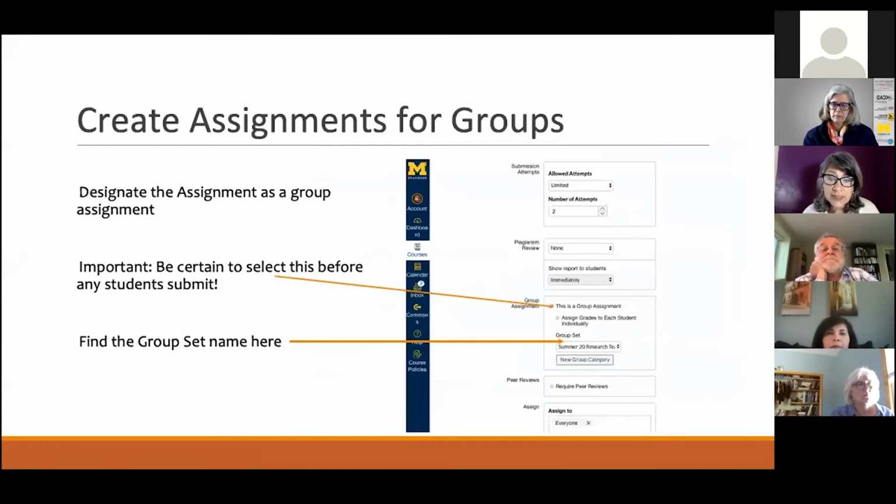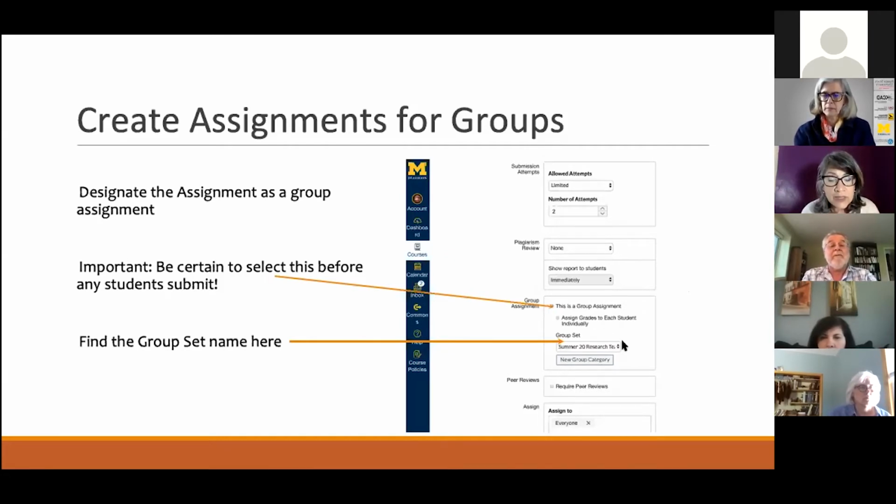I've created the assignment, but at the bottom of the assignment page in the edit view, what you want to make, and this is so important, I don't know how to stress this enough. At the University of Michigan-Dearborn, the Canvas default is that it is not a group assignment, but it will show a group set. And the default set for us is project groups. That's the name of the default set. You must tell Canvas that this assignment is going to be a group assignment. So you have to poke right there first.